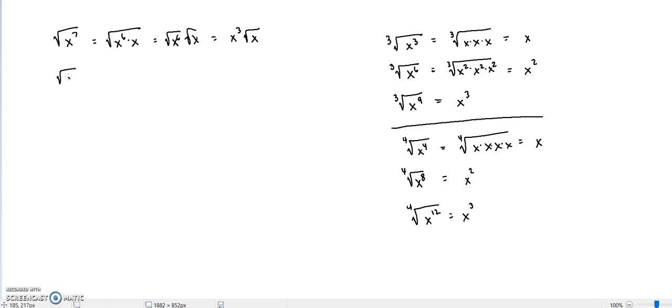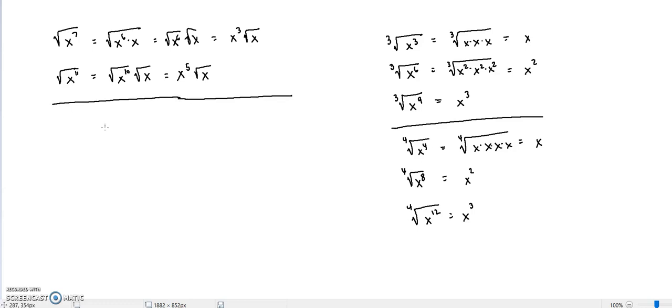So if we had like x to the 11th, okay, I can't take half of 11, but I could do 10. The biggest even number would be 10, which is 1 less than that. So I could break this up as x to the 10th and x. I can take half of 10. That would give me x to the 5th, and I would have 1x left over. Okay, so for square roots, the most you're going to have left over is 1x,